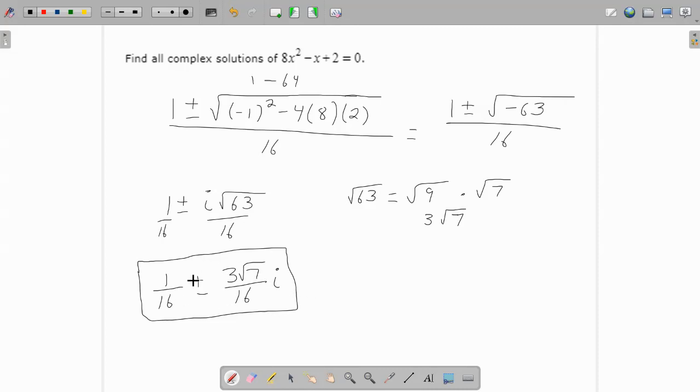Okay. And this is the way Alex wants the answer. I believe Alex doesn't give you a plus or minus button there. So for Alex, you would have to write your answer out like this. On a test, that would be fine for me. Just to give you a heads up. So I like to tell you what Alex does. Okay. So that's how you would write that one out. All right. That concludes